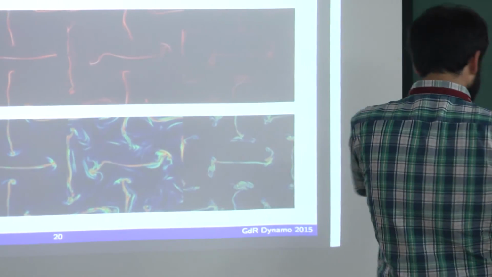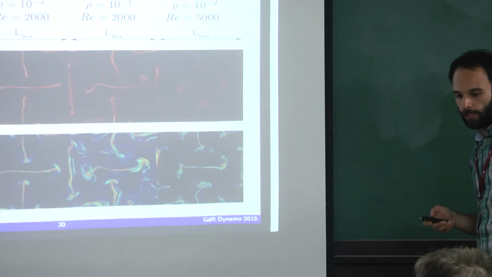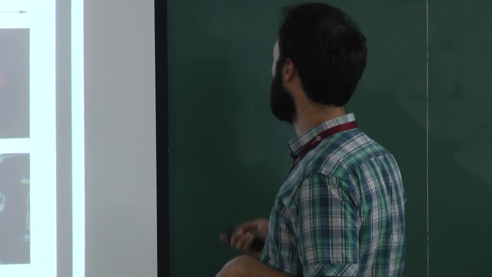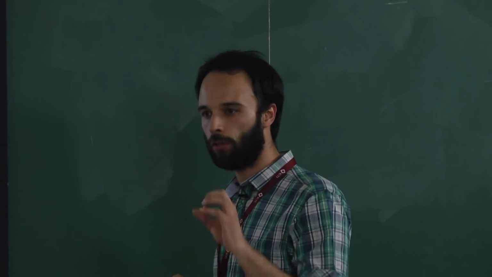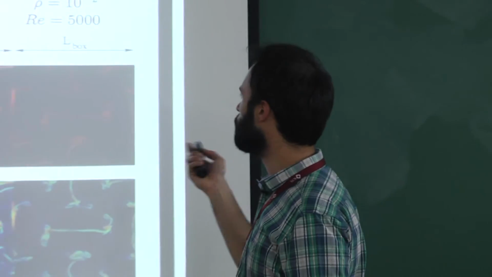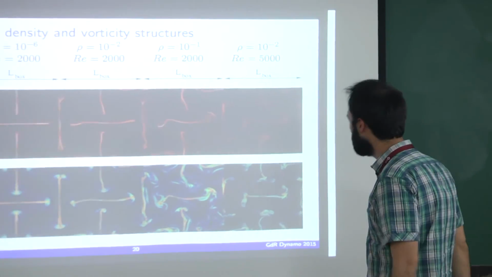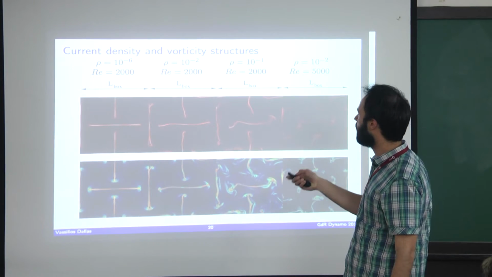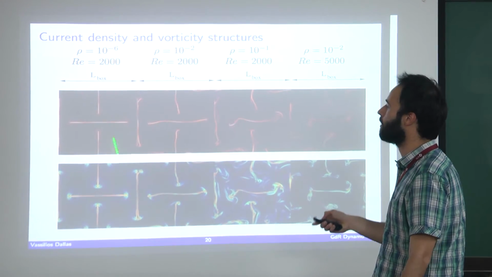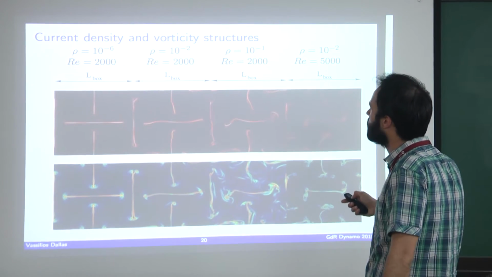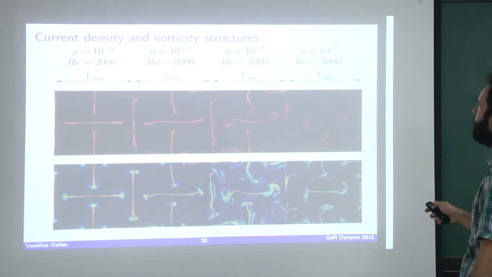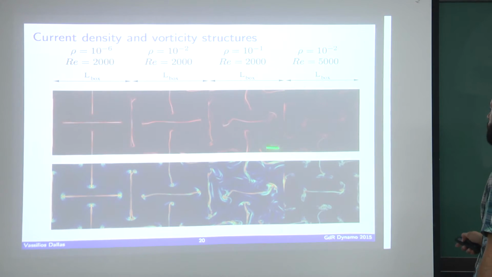So what we did is we tried to perturb these symmetries. We added a small perturbation in our velocity fields. So we have a Taylor-Green flow plus some small perturbation, and we try to see at what Reynolds number these symmetries will break. You can see that this is the amplitude of the perturbation. So this is 10 to the -6. You can see that the symmetries are there. As we increase the perturbation for the same Reynolds number, we see that this symmetry breaks, and then for higher amplitude, it breaks even further.